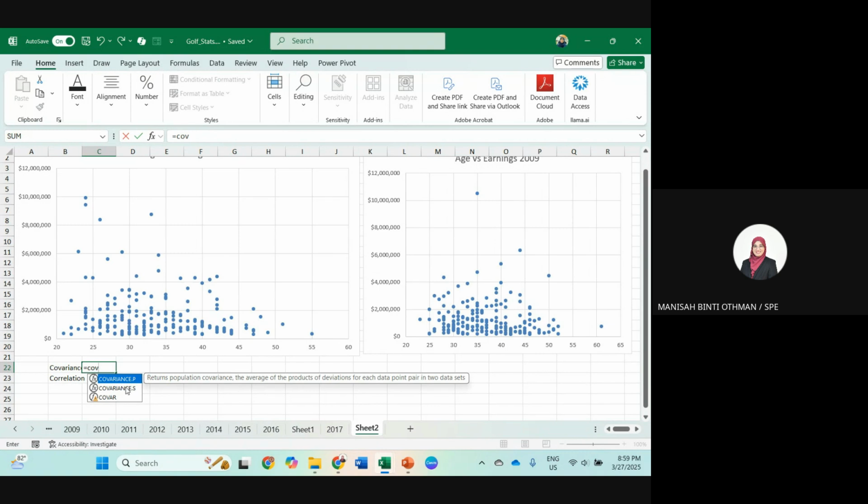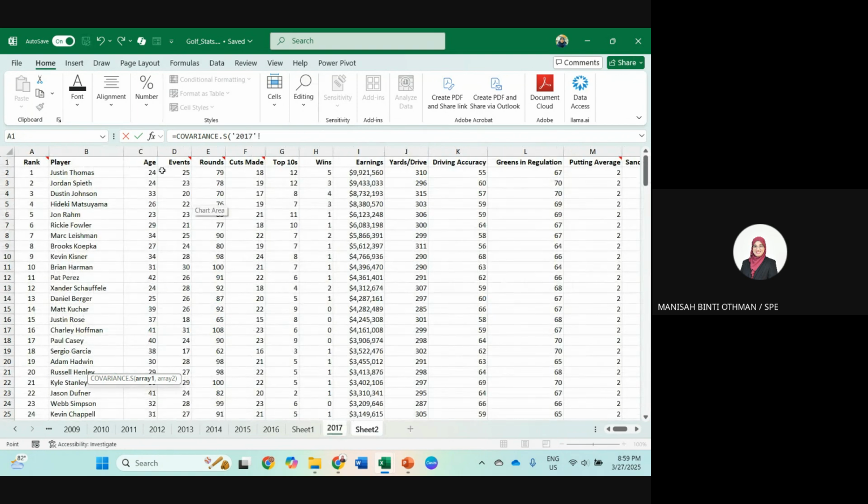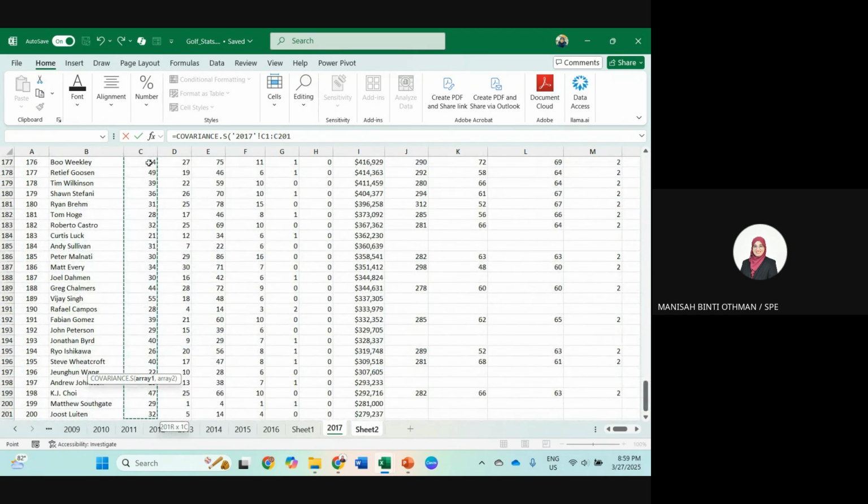Let's say we use sample, because you did not collect all data for all players, so it is based on the sample only. Array 1, for 2017, is age here. Control Shift Down.